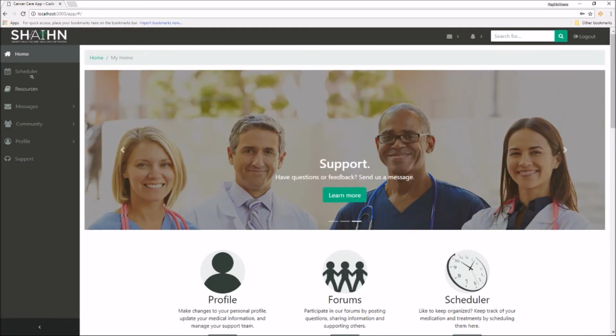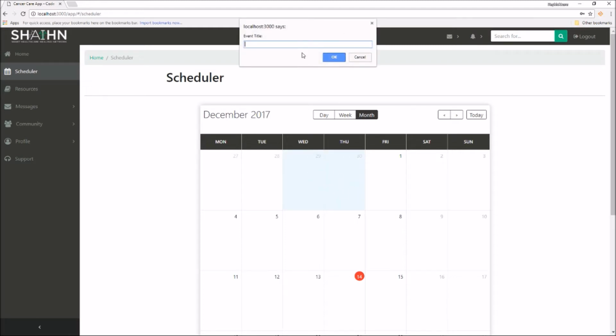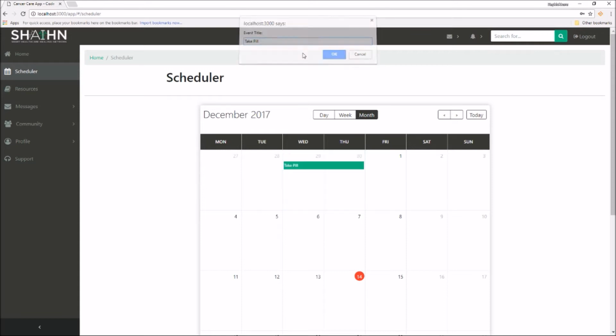Alright, so let's go to the scheduler. So this is just front end at the moment, but the idea of this feature is you can schedule appointments or events, medication, anything that a patient might want to know for future references. They can schedule it here. So you would, like, from the 29th to the 30th, you may say take pill, right, and it'll be there,